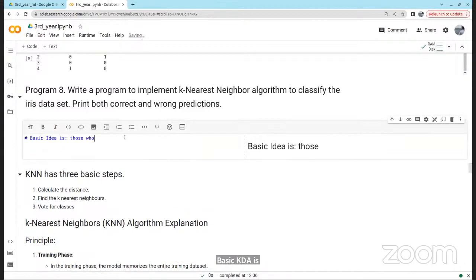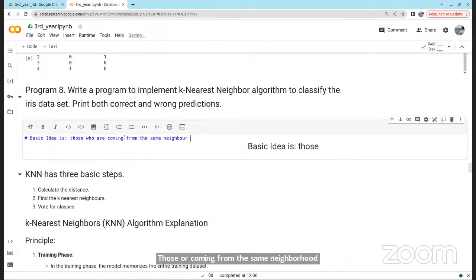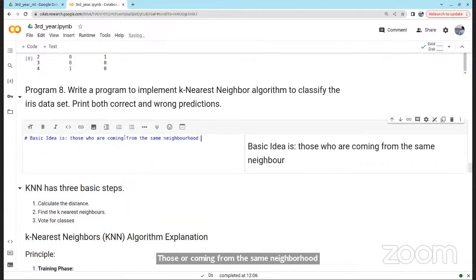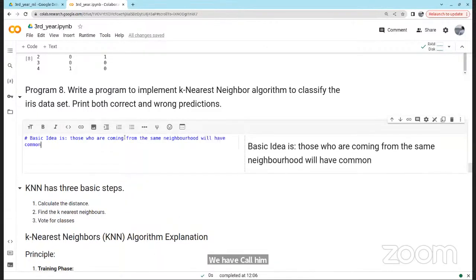Those who are coming from the same neighborhood will have common properties. These are features.